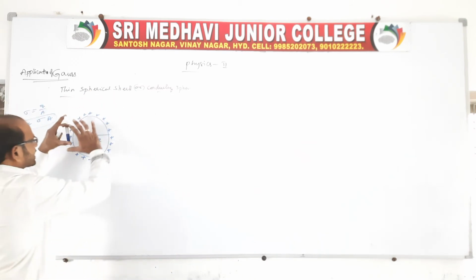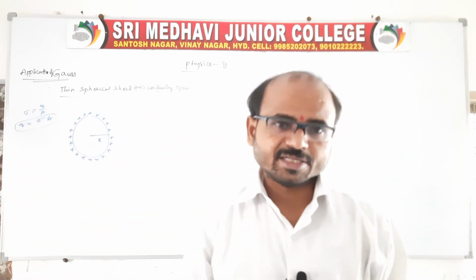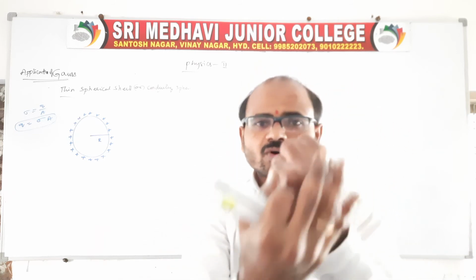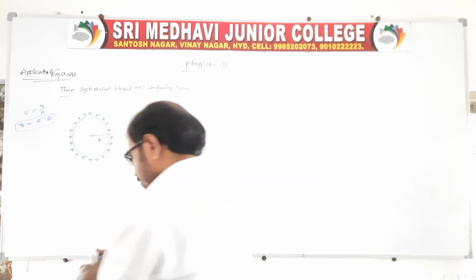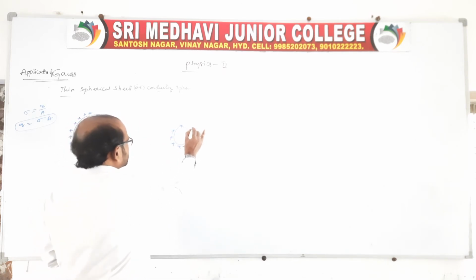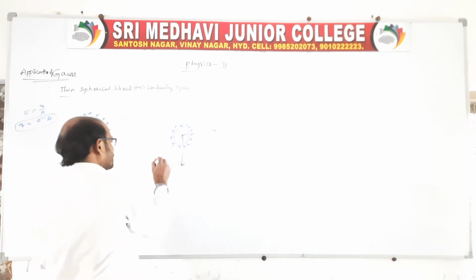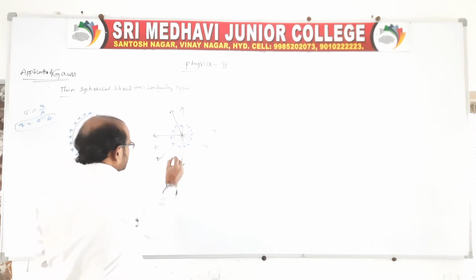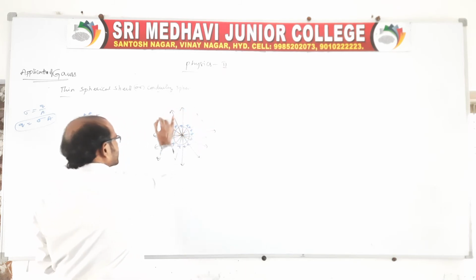Now here the field will be acting away from the center of the sphere. Now we have to find the electric field intensity, because the shell will be like this, the charge is given, therefore the charge is distributed completely throughout the sphere. Therefore the field is coming out from all areas, from the center of the spherical shell like this. Use this area, here you construct a closed surface in the form of the same sphere.